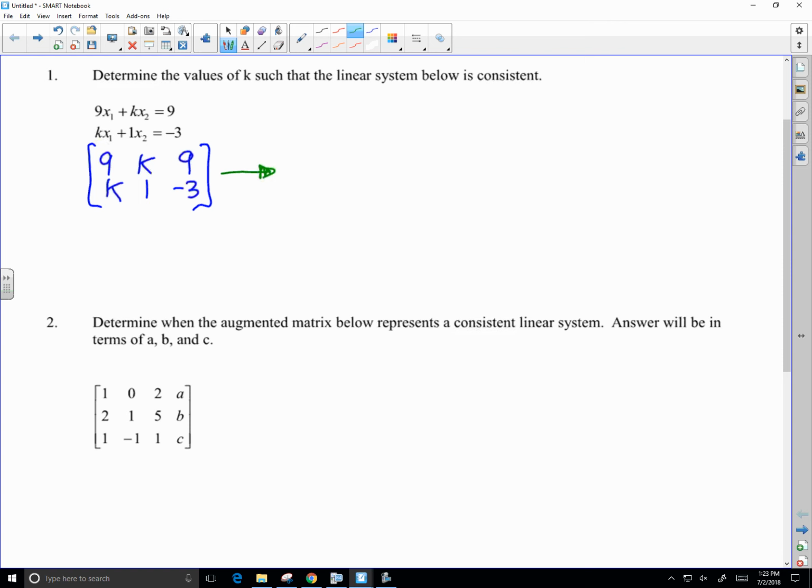So I've got to take row 1. I want to make this 9 first into a 1, and then use that, or you can make it into a negative K. In order to do that, I'd have to multiply it by negative K over 9. That's going to make this 9 go to a 1, and we'll have a negative K left over. So if I add that result to row 2,